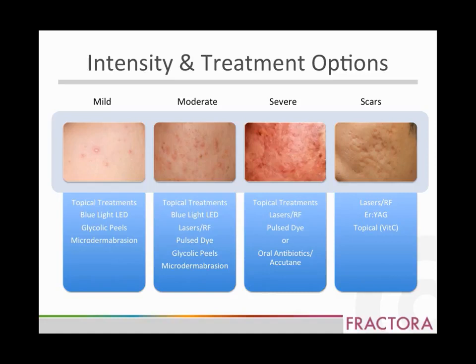I very much think that blue light devices are helpful in acne because they target the P. acnes in the skin, and so incorporating blue light into the treatment is always helpful. Glycolic acid peels, microdermabrasions can all be helpful in mild acne and even moderate acne. But once acne gets beyond the mild stage and becomes moderate and/or severe, you want to consider using more extensive therapies such as lasers and